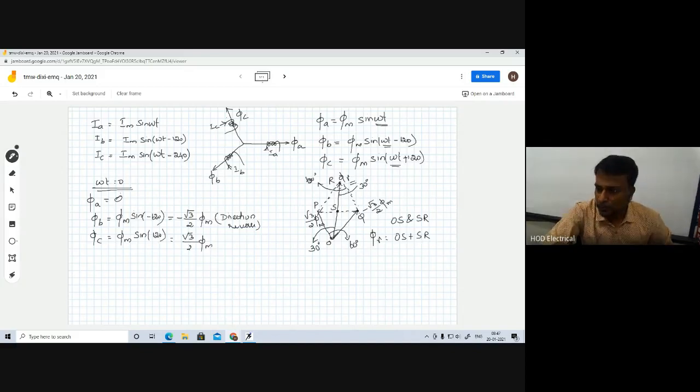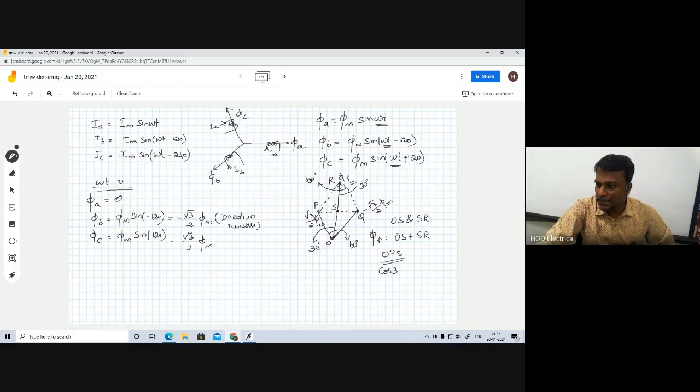So we know the hypotenuse side. We don't know the opposite side and the horizontal side. The hypotenuse we know, then the opposite side and adjacent side. So from this we can write, in this triangle OPS,